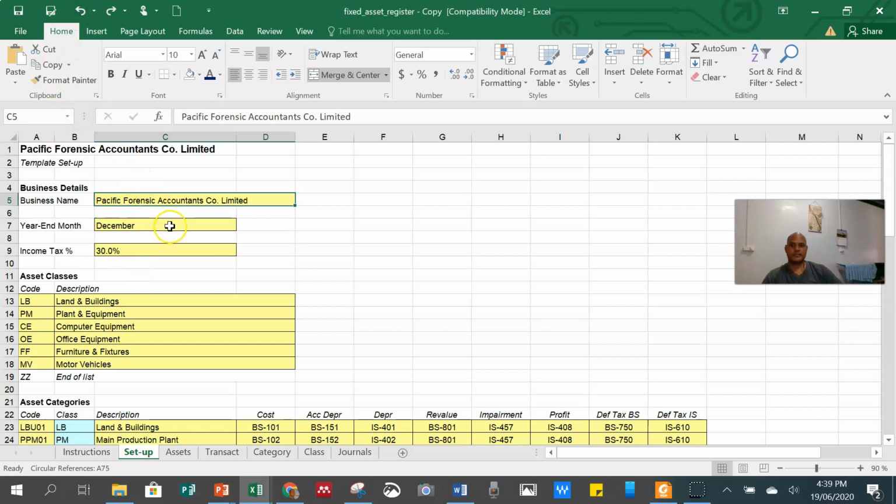So secondly, I actually redo, undo, so that it removes the excess limited specific forensic. And this yellow thing here, you can put in your reporting month. So some organizations, they have to operate from January to December. So December is deemed to be their reporting month or year-end month.